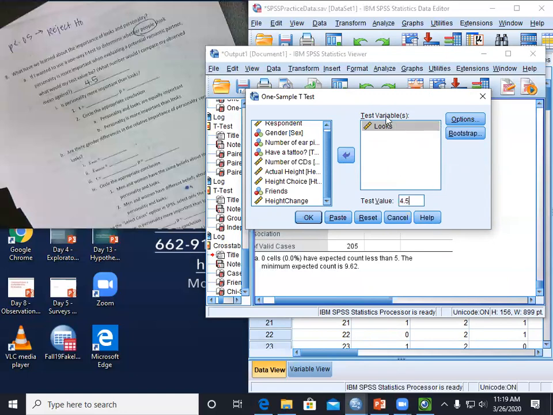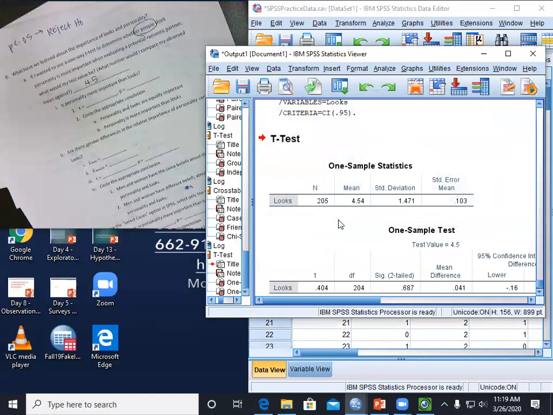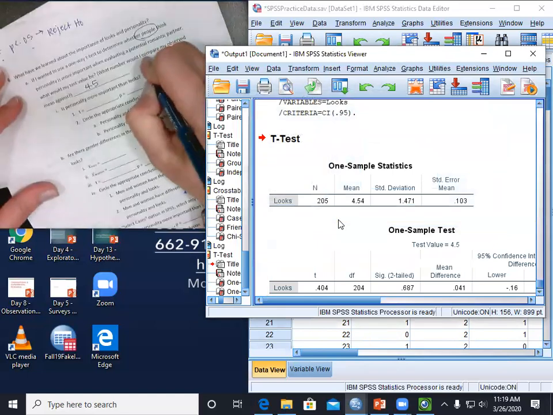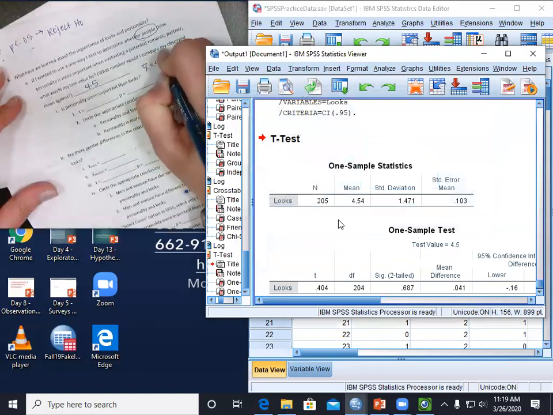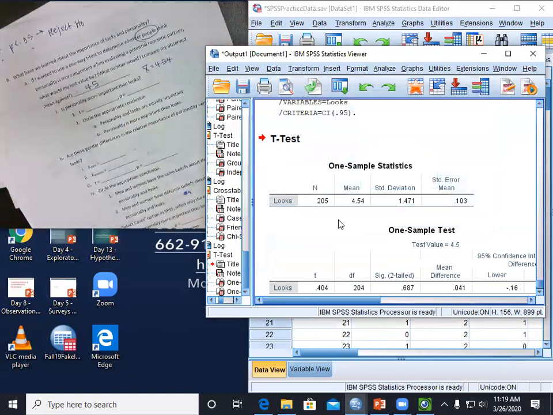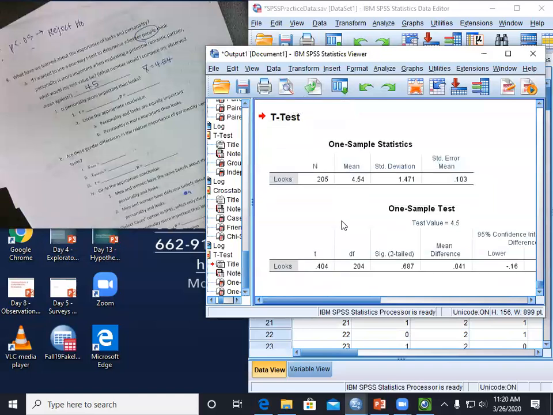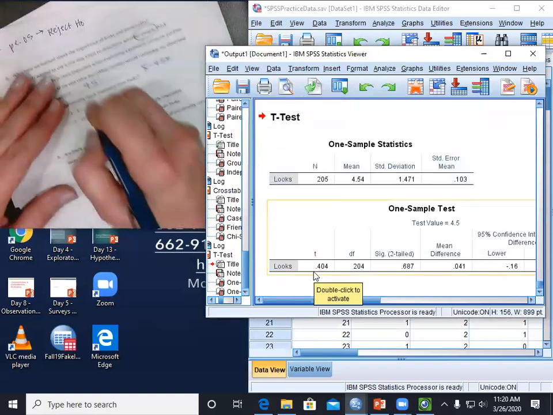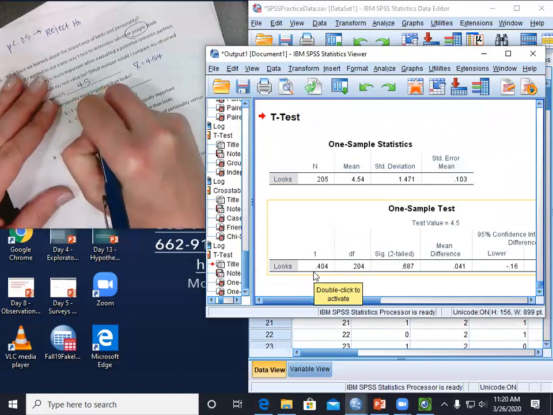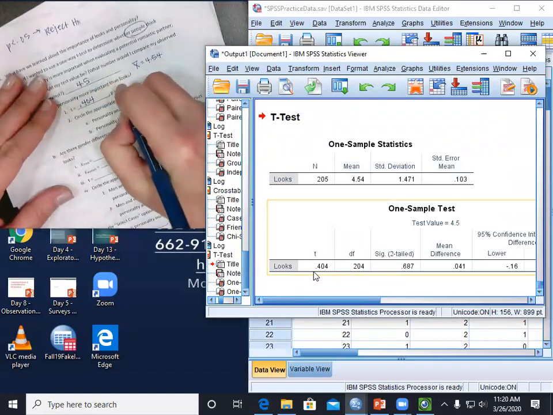So SPSS is going to calculate the mean of this variable, and it's going to compare it to the midpoint, 4.5. We click OK. All right, we see that in our sample, the mean is 4.54. Do we think that 4.5 is significantly different than 4.5? 4.54 versus 4.5? Probably not. All right, when we look down here at our t-test, we see the t-statistic is very small because those two numbers are so close to each other, and the p-value is large,